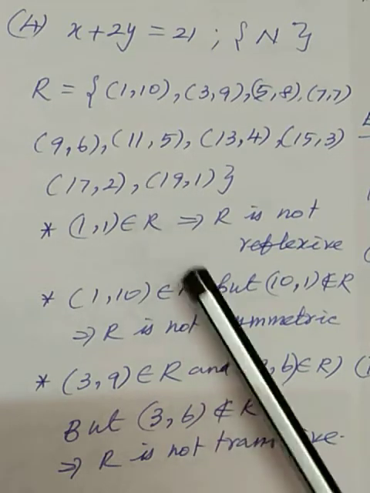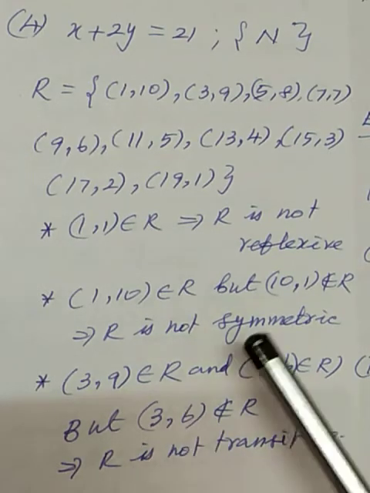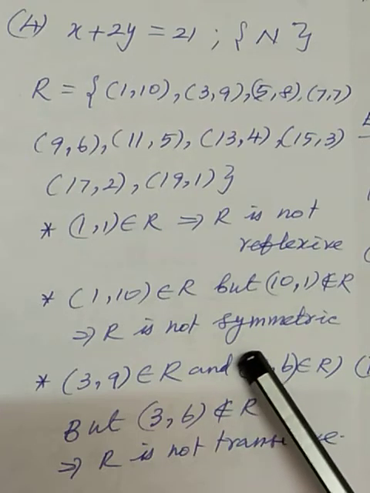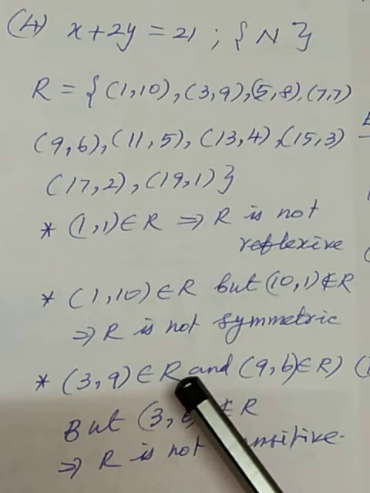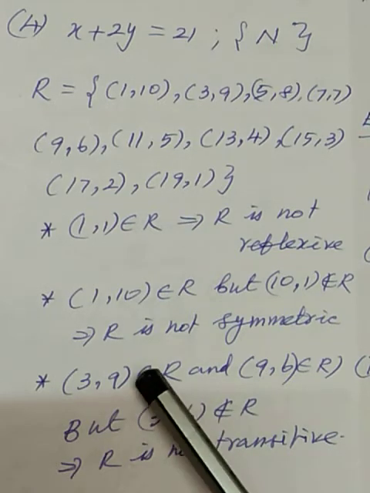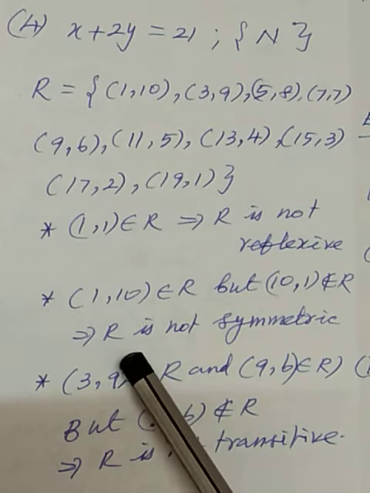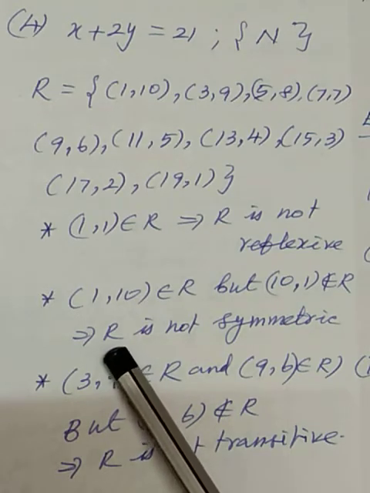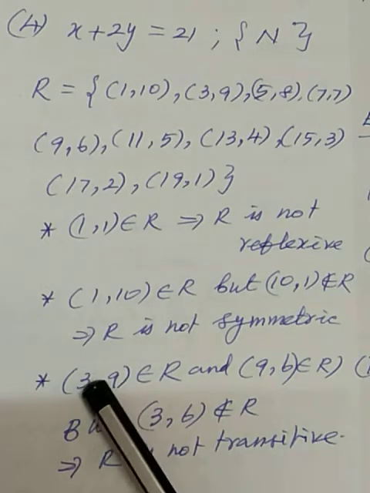On the set of natural numbers, let R be the relation defined by x related to y if x plus 2y equals 21. That is the relation. You select any numbers x and y, but the value of x plus 2y must equal 21, and x and y are from the natural numbers. So what are natural numbers? The natural numbers are defined as N, which is the set of numbers 1, 2, 3, 4, etc., going on up to infinity. So it is better to write the relation explicitly. The relation R is the set.